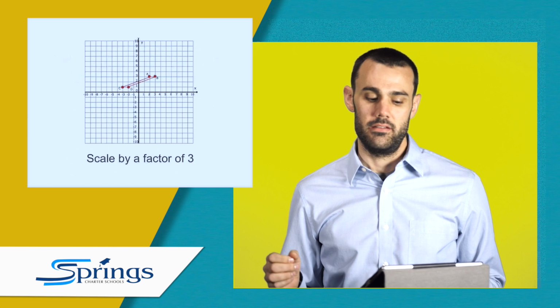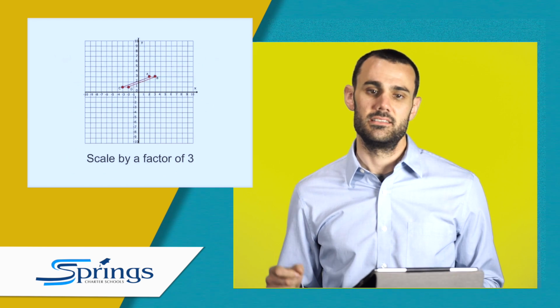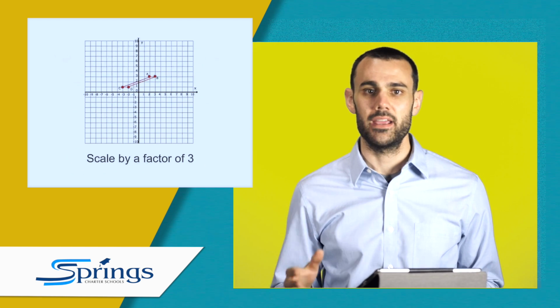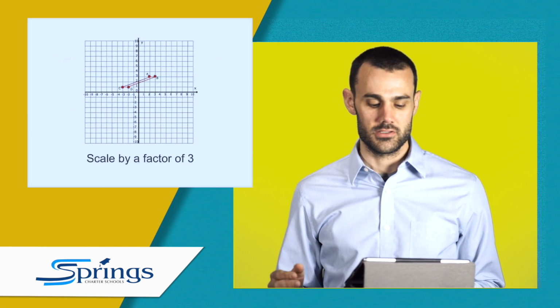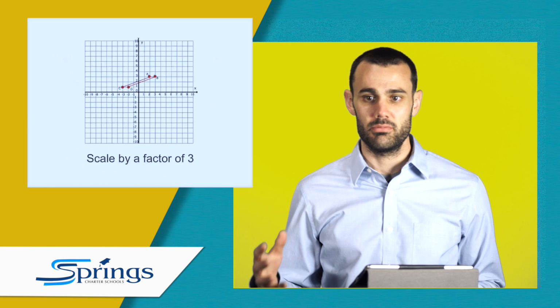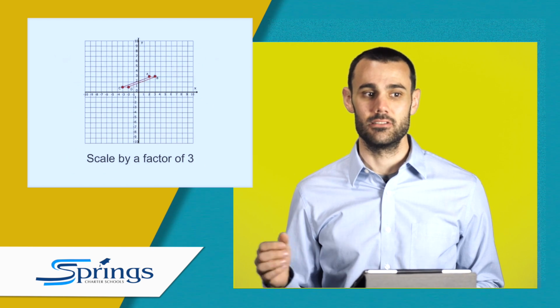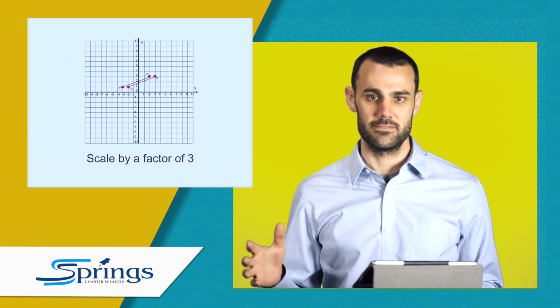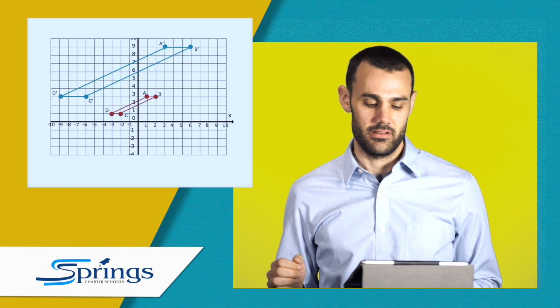So here we go. We have a 4-sided shape here in red. It's represented by the letters A, B, C, and D. We want to scale this image by 3. I want to make it 3 times as large. So from the point A to B is 1 unit. If I'm scaling it by 3, I'm going to have 3 spaces, or 3 times as large. So 3 times 1 is 3, so that's a difference of 3. I've gone ahead and scaled or dilated this by a factor of 3. And our image is exactly 3 times as large as our